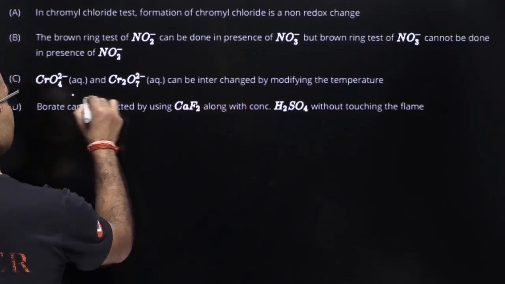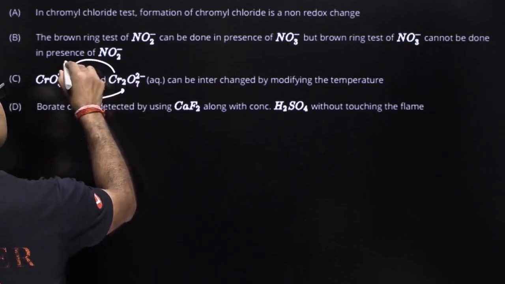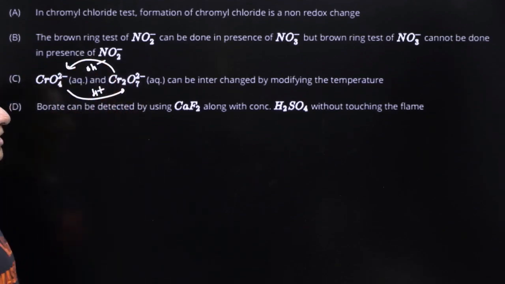अगर आप एसिडिफिकेशन करोगे तो आपको डाइक्रोमेट मिलेगा, अगर आप बेसिफिकेशन करोगे तो आपको क्रोमेट मिलेगा। तो पीएच कंट्रोल से ये इंटरचेंज रिएक्शन पॉसिबल है, तो ये स्टेटमेंट गलत है, लिहाजा यही आपका आंसर हो गया।